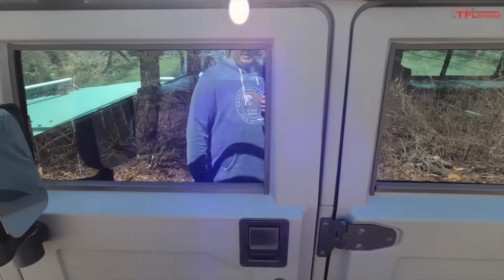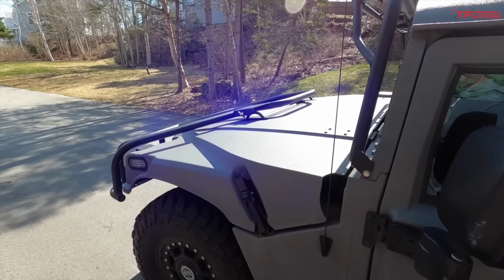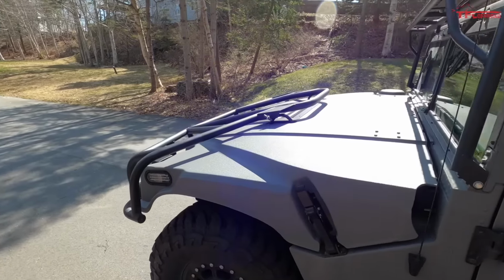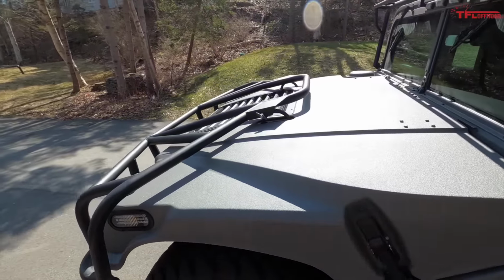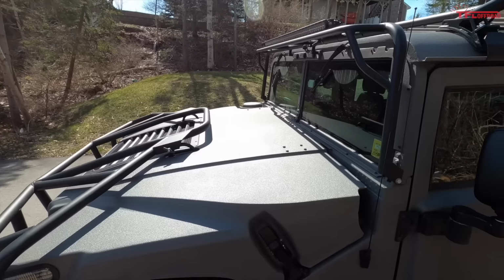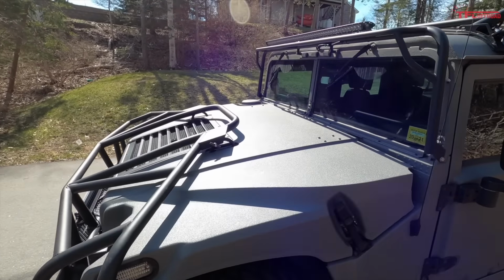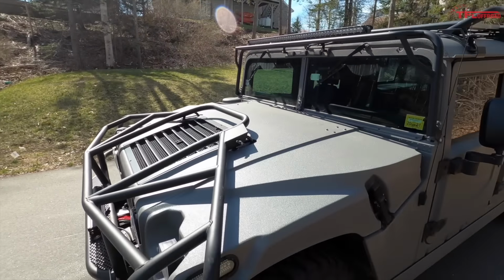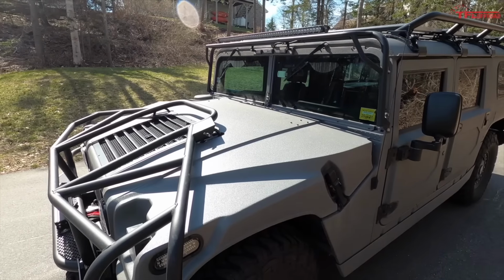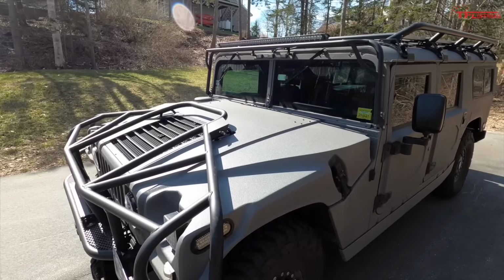So yeah, like I said, the engine is a 6.5 liter turbo diesel. I had the truck for about 6 months, and on the 4th of July last year, I had a catastrophic cylinder number 8 explosion. Radiator fluid went all over the windshield, and the truck still ran, not very well, but it got to the other side of the bridge I was on, and from there it kind of said its last goodbyes to me. So I sent it down to Texas to a group called Mod Mafia, and they installed